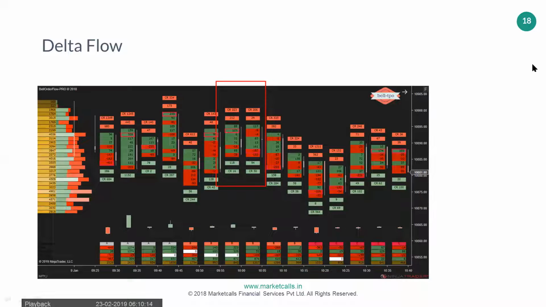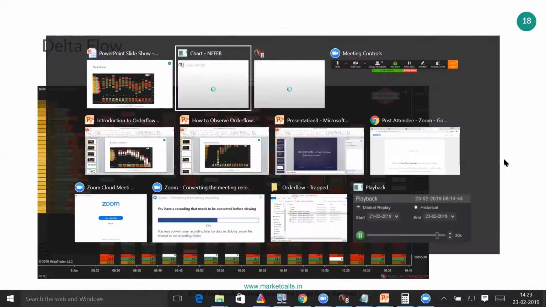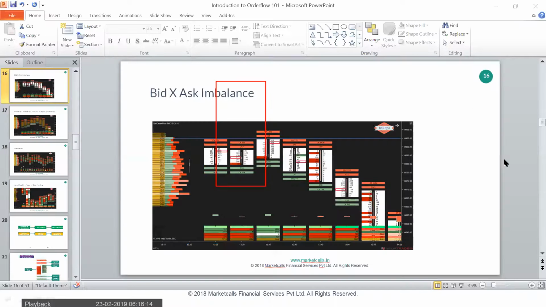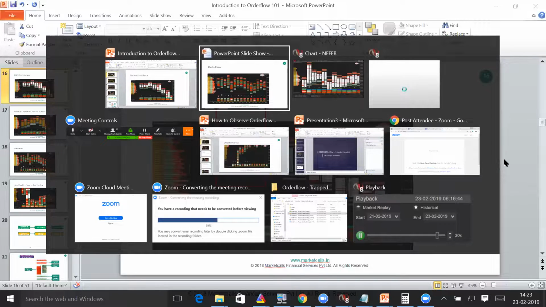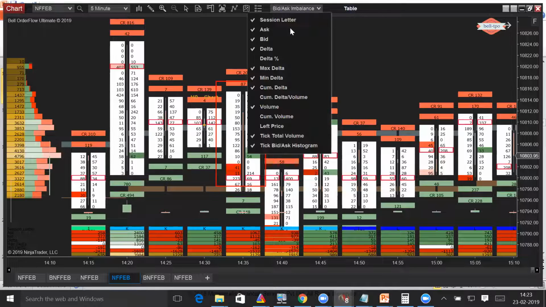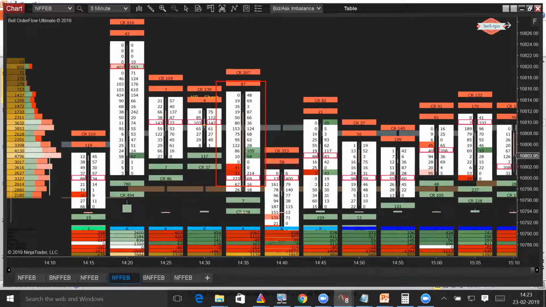What the delta shows is the difference between the buyers and sellers at each and every bar level. At the bottom of the table also, you'll be able to read the delta values, which will mostly be displayed on your screen. The top one is the ask, and the second one is the bid. So if you take this particular example,